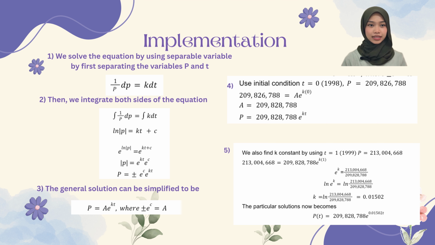We start by separating the variables in the equation. This allows us to isolate the variable so we can integrate each side independently. We now integrate both sides, which gives us ln P equals kt plus C, where C is the constant of integration. Next, we solve for P(t) by exponentiating both sides. Then, we substitute t equals 0 for the 1999 population value as P(0). Then, from the equation we have obtained, we replace t equals 1 and the population value of 2000 in the equation to find the k value. So, the equation of the particular solution was obtained.